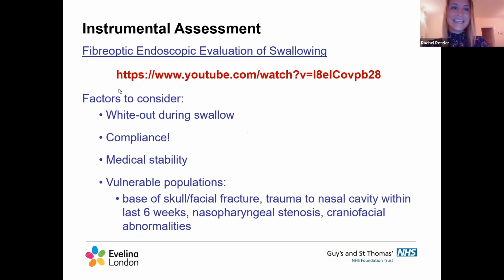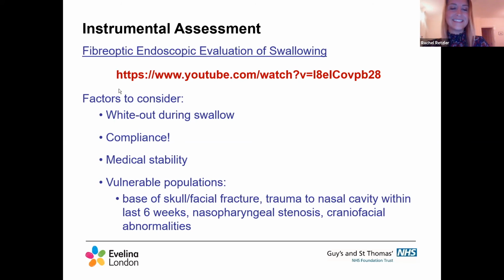Things to keep in mind with FEES: there is a whiteout during the swallow, so you can see before and after the swallow, but not during. Compliance again, if you think about children and FEES, is whether the child is going to be able to tolerate having a camera up their nose and down their throat while they're being instructed to eat and drink. Are they medically stable? And keeping in mind our vulnerable populations, such as traumas to the nasal cavity within the last 6 weeks,